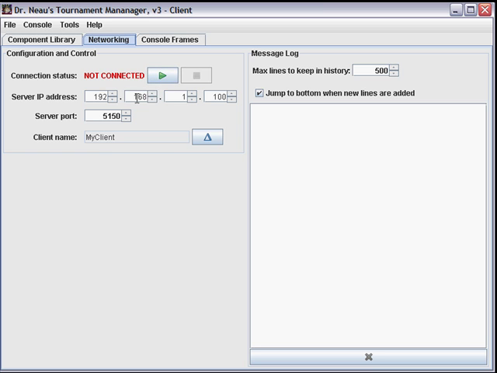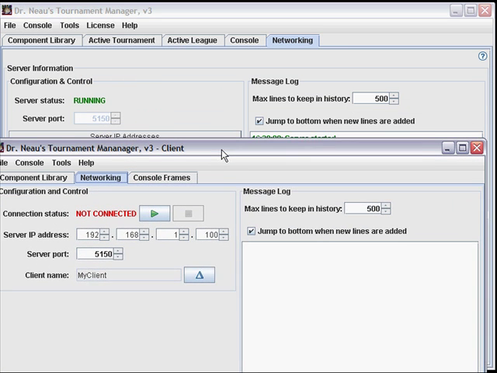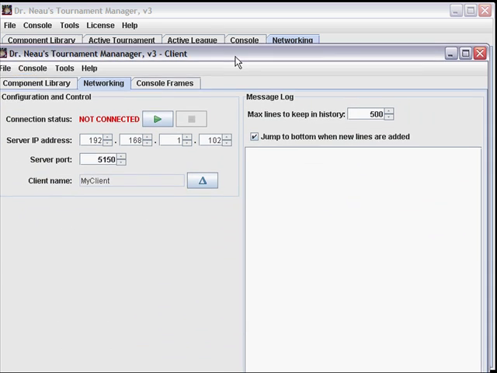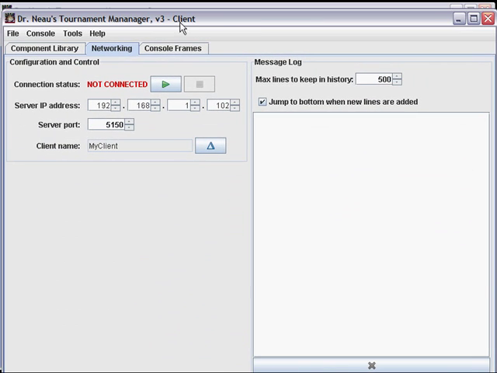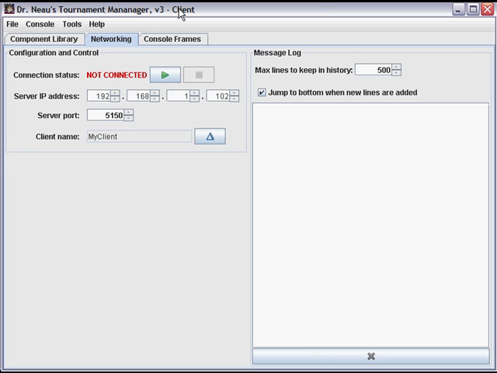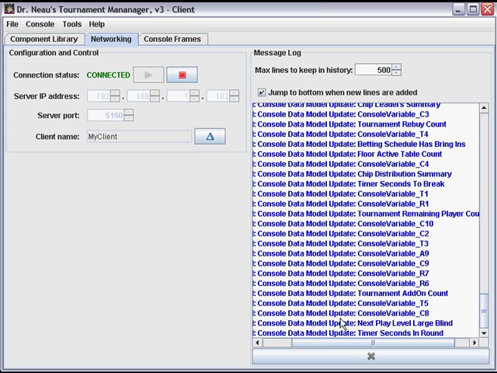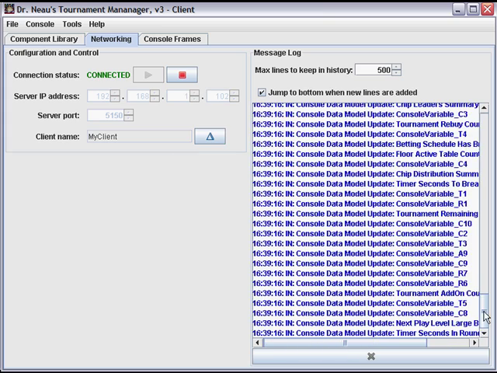So when I start this, I would, if I needed to, configure the IP address and the server port, but those are, whoops, maybe not. No, it's not accurate, so let's go to 102. Okay, good. I could have showed you what happened when it had the wrong address, but basically you'd see it time out. All right, so I tell it to connect, and over here on the log